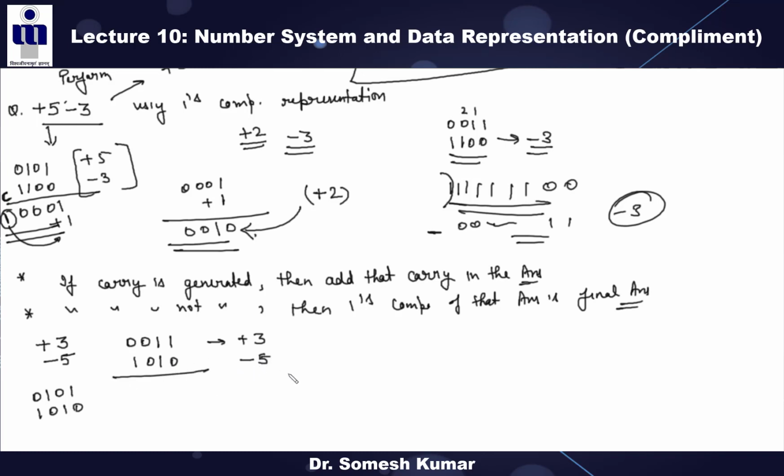You know the answer should be negative. Someone asked me in the previous lecture, if the negative number is higher than the positive number, then how can you make the addition of that? So using this method, you can add using 1's complement and 2's complement. You can add or subtract those things. So here, plus 3 minus 5, you have to take the sum of this.